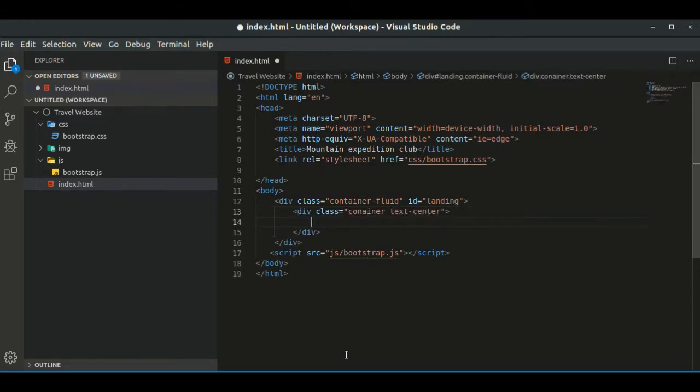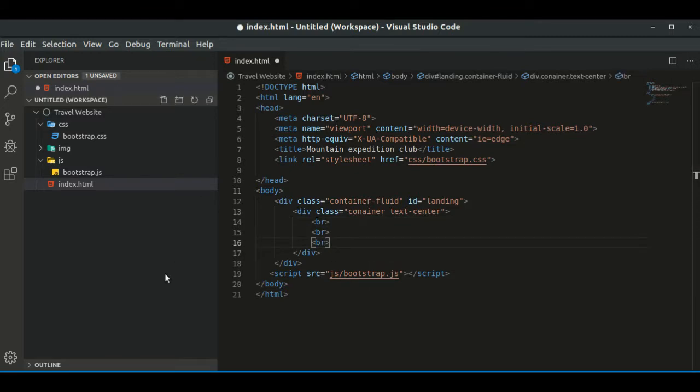It will center our text and all element inside this container div. Okay, let's add some space on top. Just write br times three, line break. Okay,